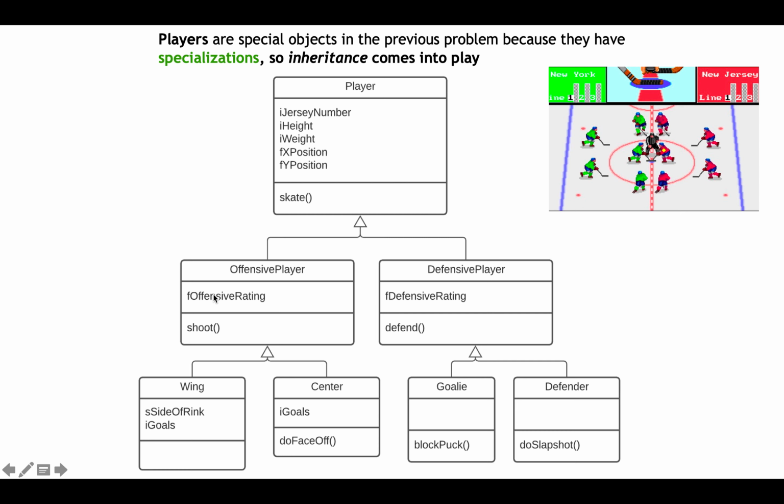Another thing that they might have as an offensive player is they have an offensive rating. If you go to sports sites, there's usually some number associated with a player in the season that indicates whether the team does better or worse when that particular player is on the floor. So maybe all offensive players have this particular rating,